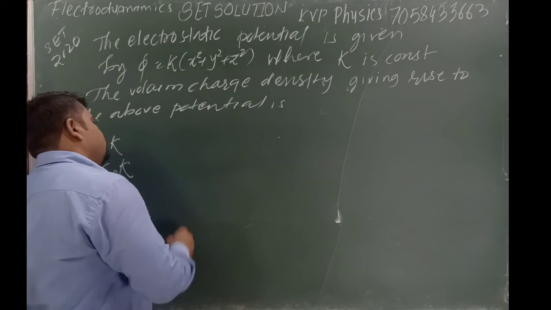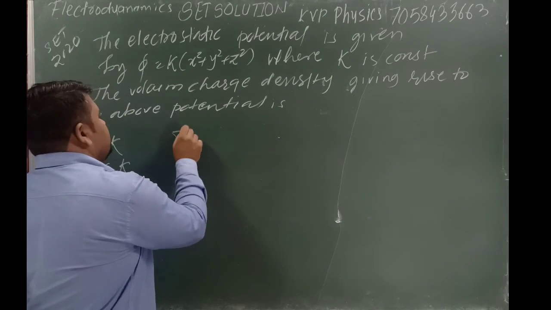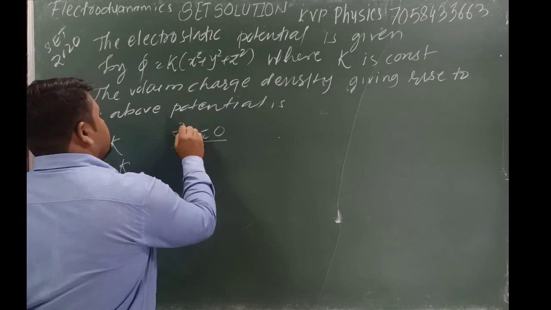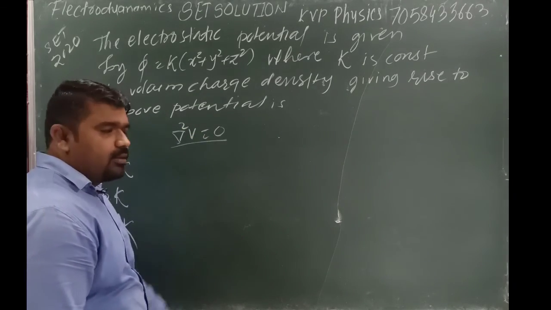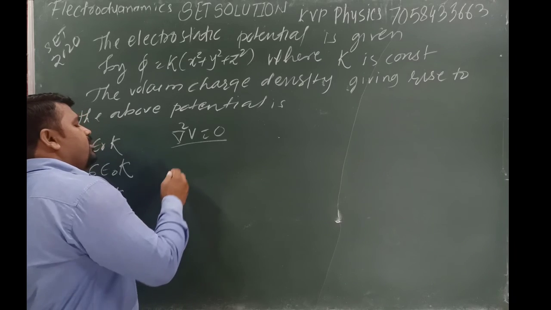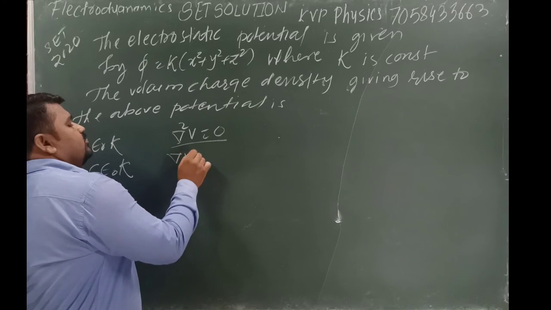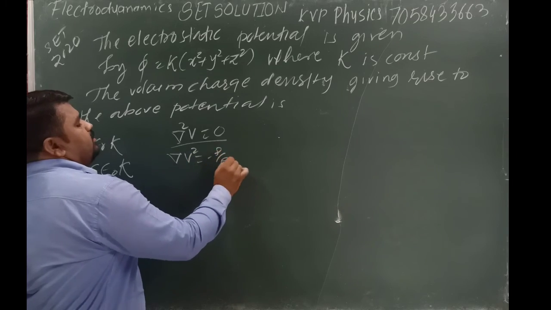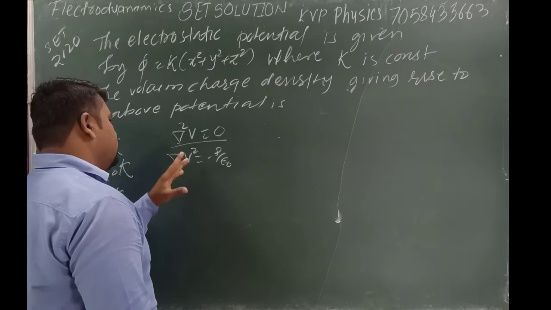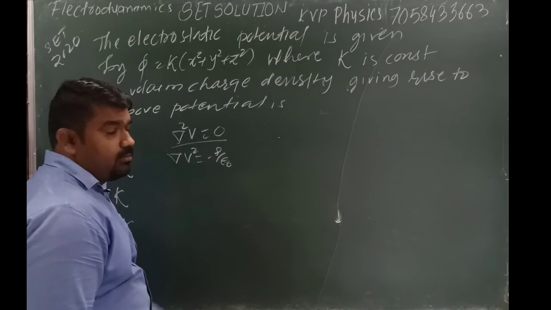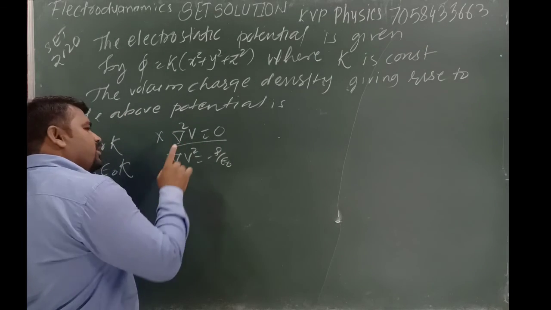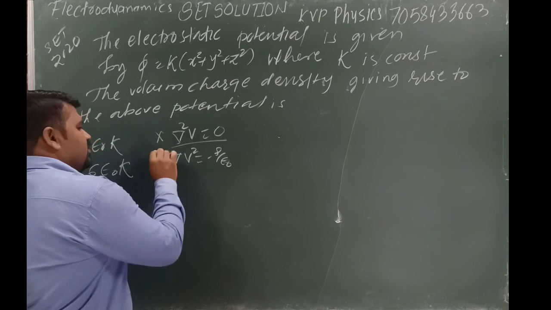Now we know a general relation, Laplace, del square V. This is related with the potential, but here del square V is equal to 0. Again, which known equation is related with potential? Poisson's equation, del square V is equal to minus rho by epsilon naught. Yes or no? Means here are two formulas correlated with potential, but the first one we cannot use, Laplace. Why? Because here no rho is present. Potential is present, no problem, but rho is not present. Means we can use this one.